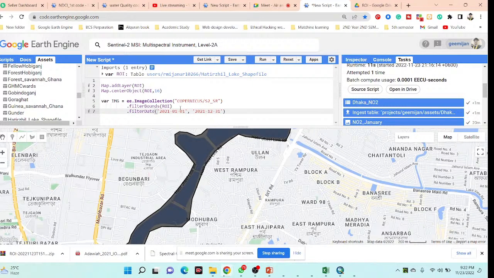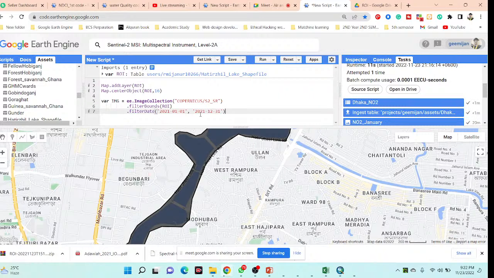Okay, so suppose between this time period for the year of 2021, I need a satellite image, any date. I don't know what date I want to get. Any date satellite image which has very low cloud pixel, very low cloud pixel. So this time, what's the date I want to get the low cloud pixel value? I don't know. So that's why this time I